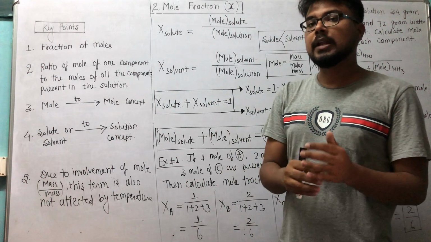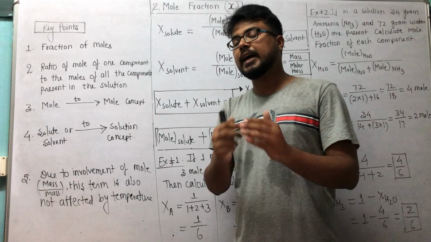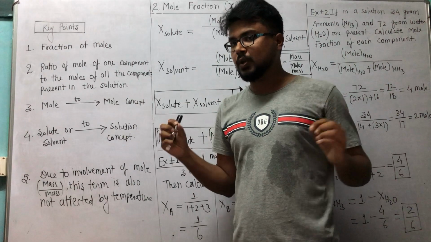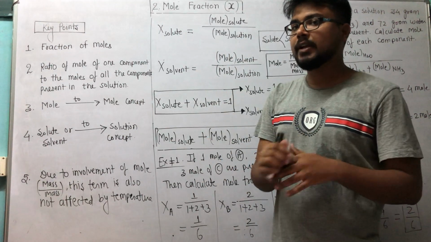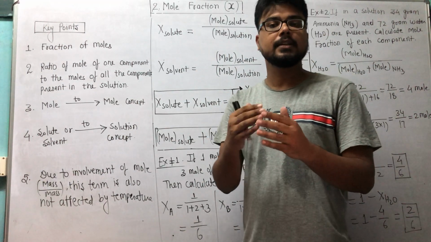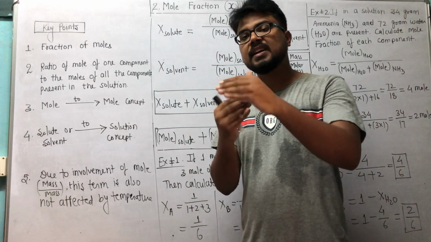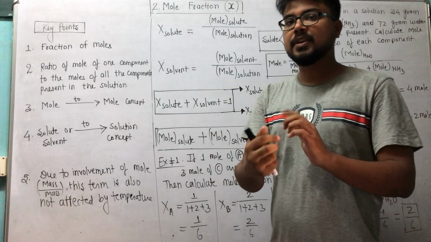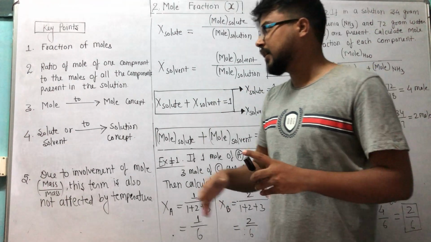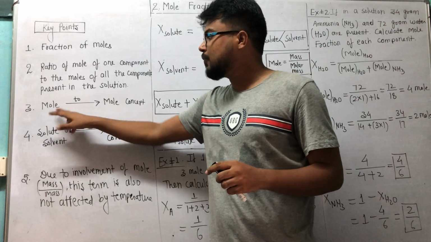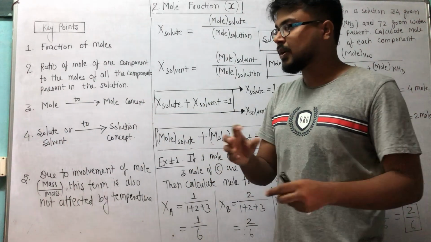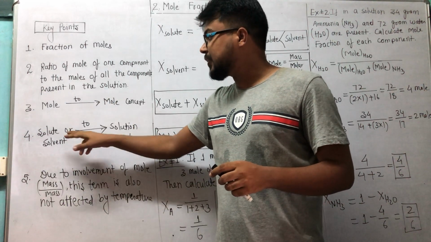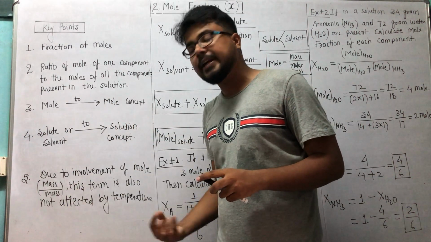So suppose I have to calculate the mole fraction of solute, then I will take the number of moles of solute divided by moles of solution, correct? And how can we calculate mole? For mole we can take the given mass divided by atomic mass, or molar mass, gram atomic mass, gram molecular mass. So the concept is related to the mole relation, because here we will talk only about moles, and it is based on solute to solution or solvent to solution.